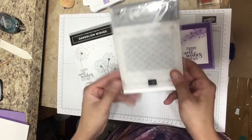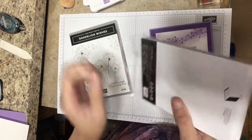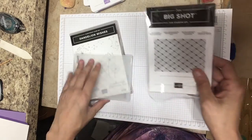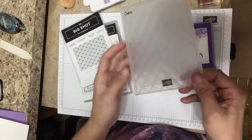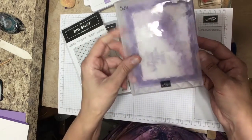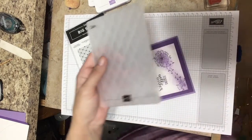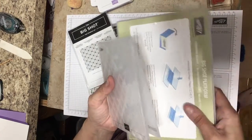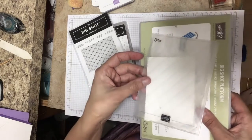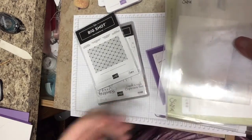And then we're also going to use the new embossing folder. And I thought this was such a super embossing folder. It's called Tufted Dynamic, and it is dynamic. It's very thick, and it does have a line down here for you to line up your paper so that you get it straight. And again, you just use the bottom base of your Big Shot, your embossing folder, your piece of paper is going to go in there, and then just one plate on top, and that's going to go through your